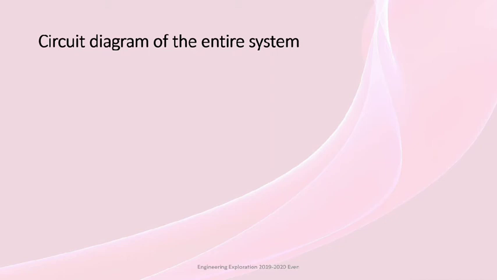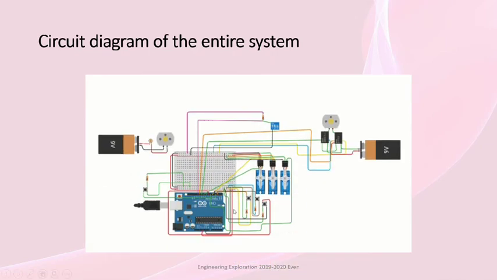Now let me move to the circuit diagram of the entire system. The circuit diagram consists of batteries, Arduino UNO, micro servos, push buttons, switch, relays, etc. And here we classified the entire circuit diagram into 3 subsystems. The first subsystem indicates the process of restoring of ball. Here the DC motor will be continuously working, and the second subsystem indicates the movement of slots based on the rotation of servo motor, and the third one indicates the movement of conveyor belt.